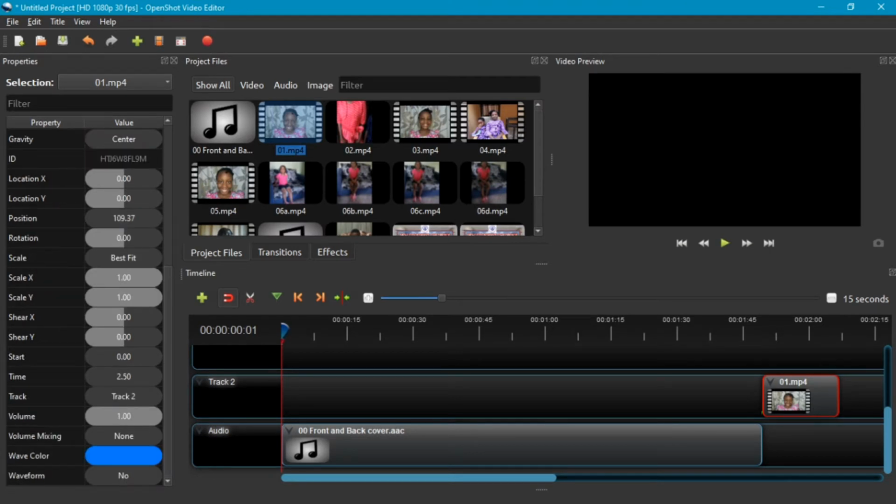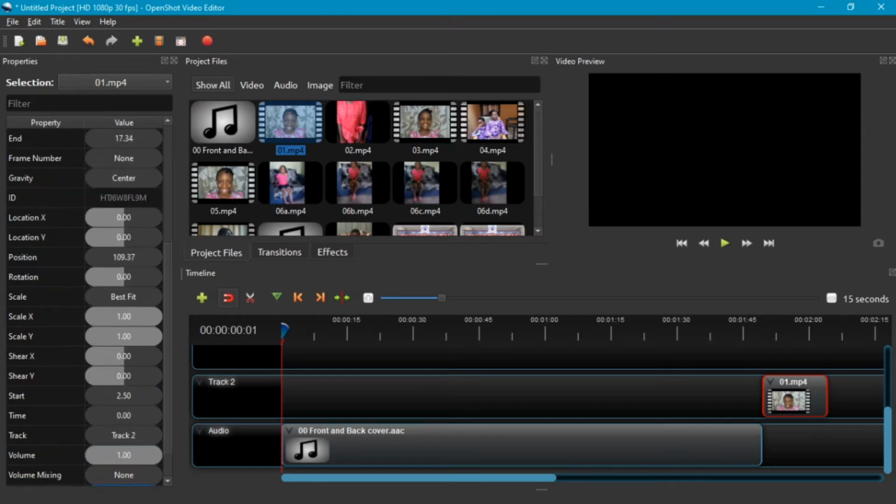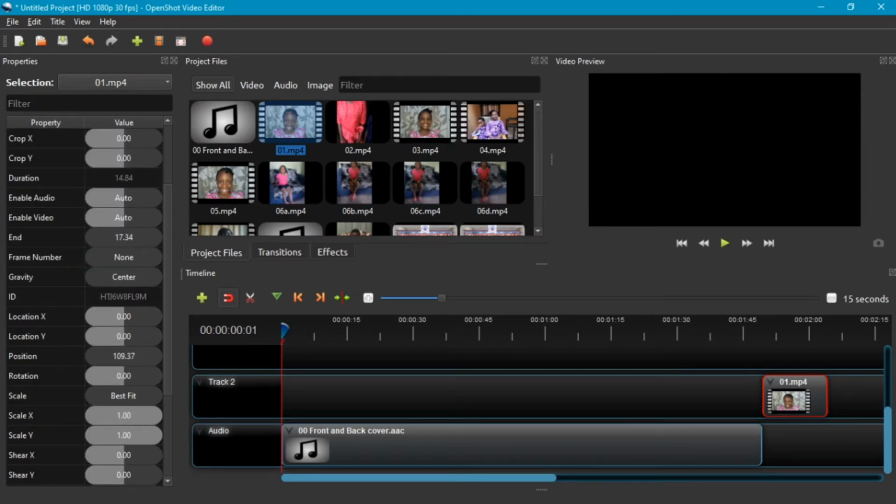Let me see. Oh, sorry. I clicked on the wrong thing. I typed that under time. Or actually, I meant to type that under start. 2.5. Okay, so 2.5. I don't know if you noticed that this got shorter when I did that. And if you now check, duration is now 14.84. Notice it still ends where the clip ends, but this is the duration